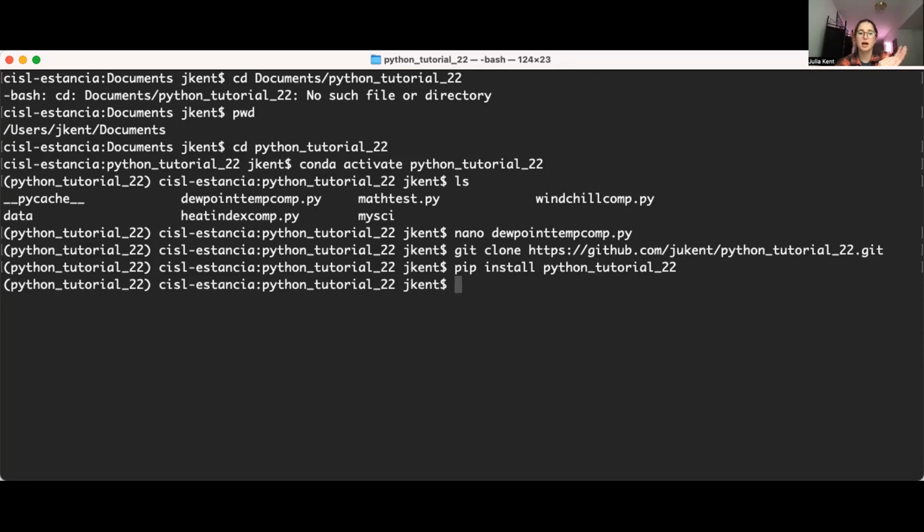So pip is the tool for package installation in Python. It stands for package installer for Python, PyPI pip. This is similar to Conda when we do Conda installs, though Conda is good for installing all kinds of packages, not just for Python. You might use it for a different coding language as well, but pip is specifically for